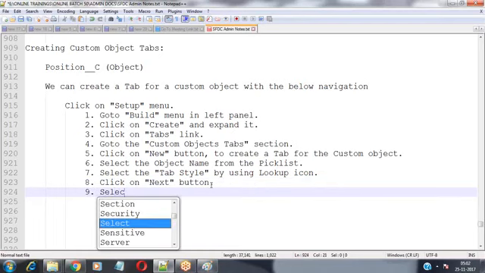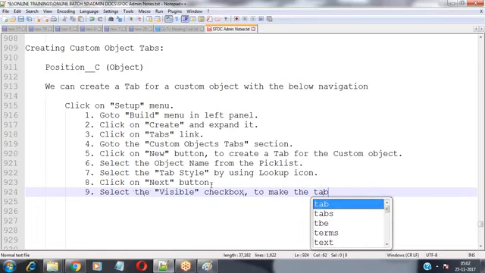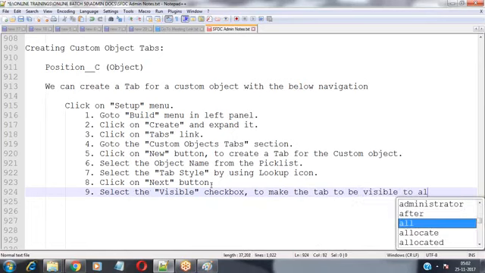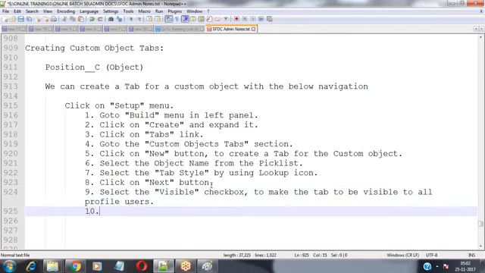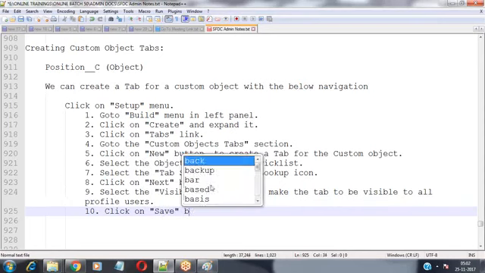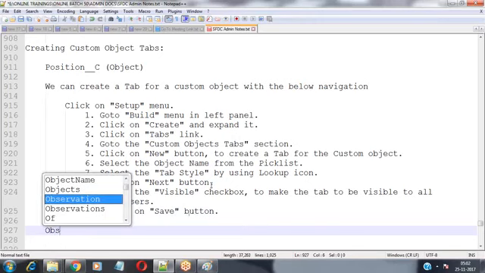And then select the visible checkbox to make the tab visible to all profile users. And then click on the save button. So this is the navigation process.